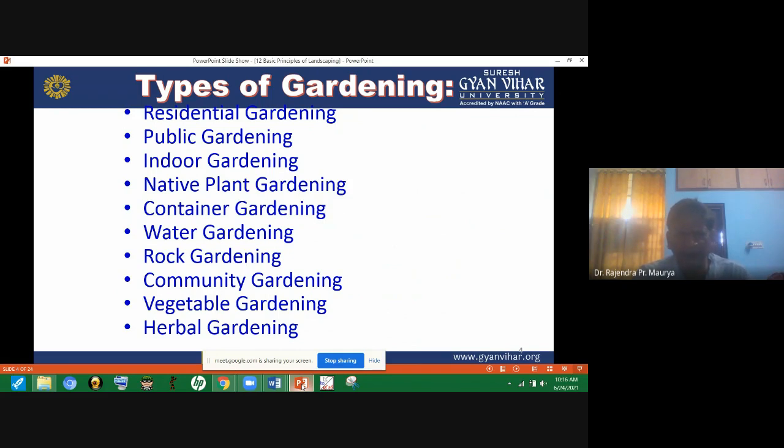And native plant gardening: in native plant gardening, we have to select only those plants that are native to that particular country or area. So we have to plant only those plants so they are well adapted, can survive well, and can flourish well.